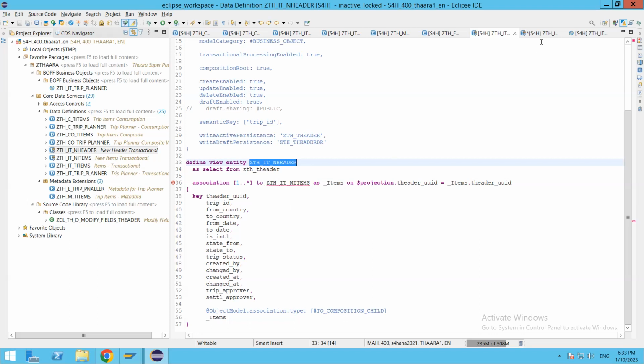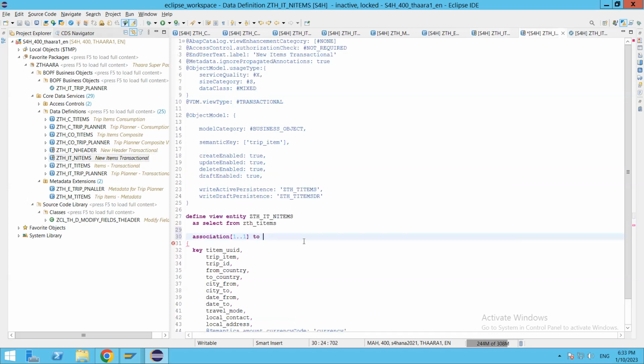I'm straight away building on the table here, but whenever we work in real time we should be having basic views, or we can start from here as well. So on dollar projection dot